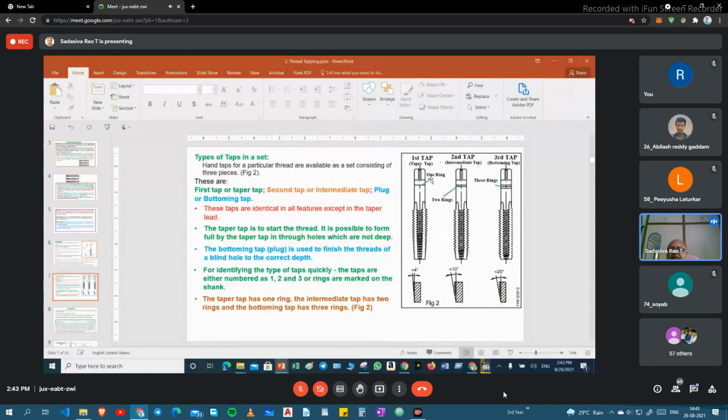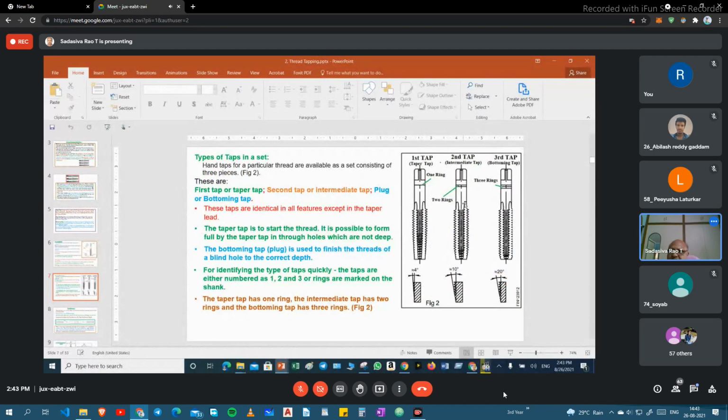And here, for identification purposes, there will be rings as markings. One ring means that is the first tap, the taper tap, and 8 to 10 teeth are tapered here.